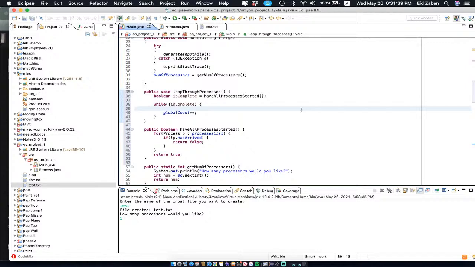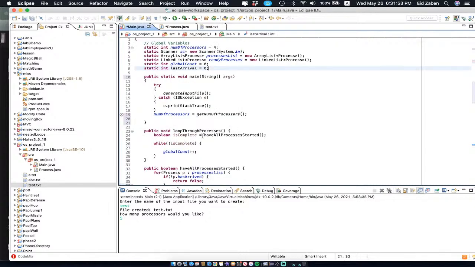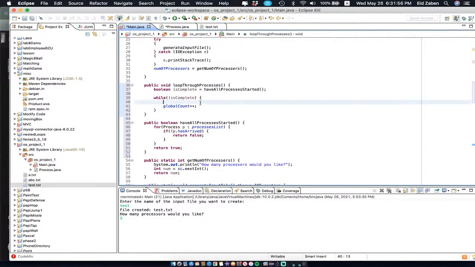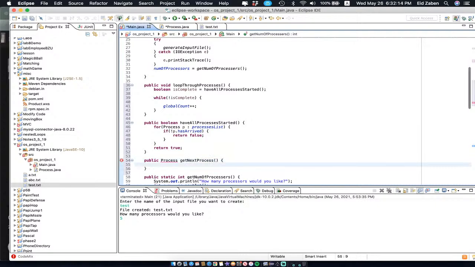Let's go up and create another variable. So we have global count, then we need static int last arrival, and this one's going to start off at 0 because that's how it goes. And what we've got to do is return the first one. So public process get next process. And what we're going to do in here is loop through all of the processes. So process P in processes list, and if